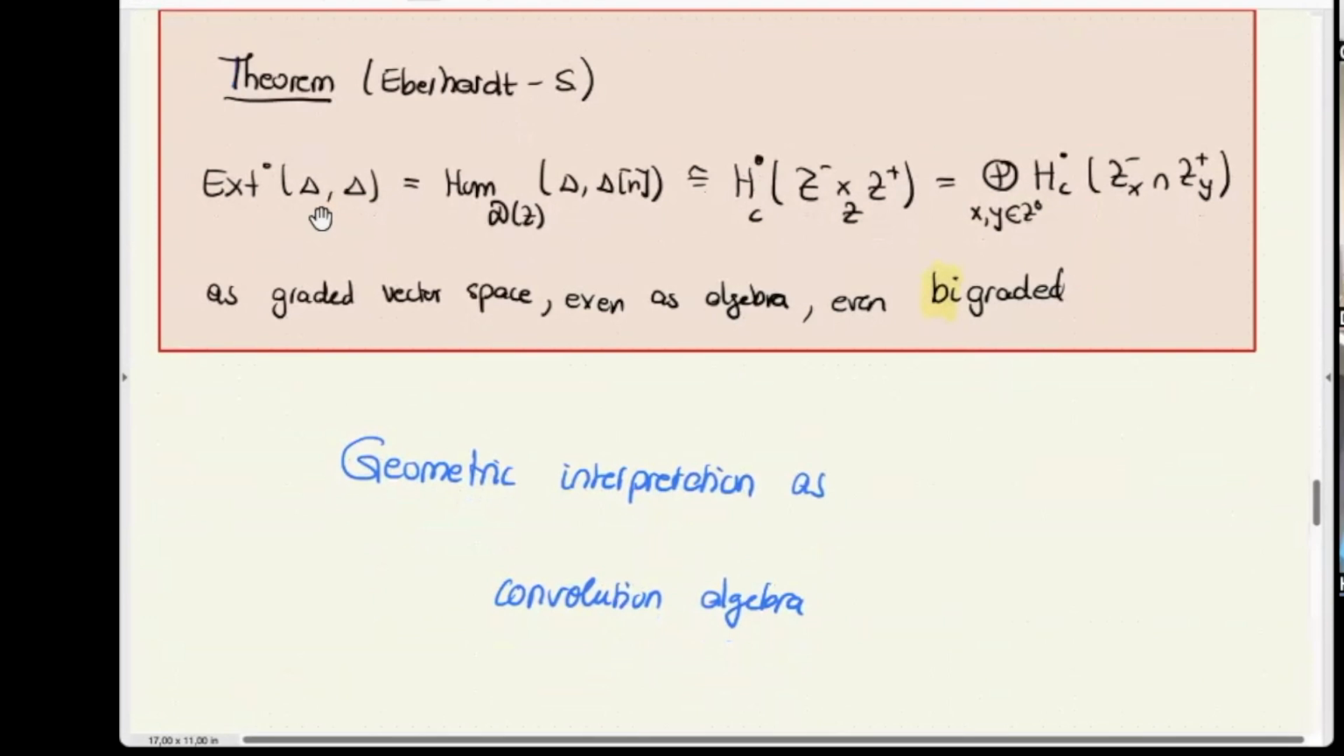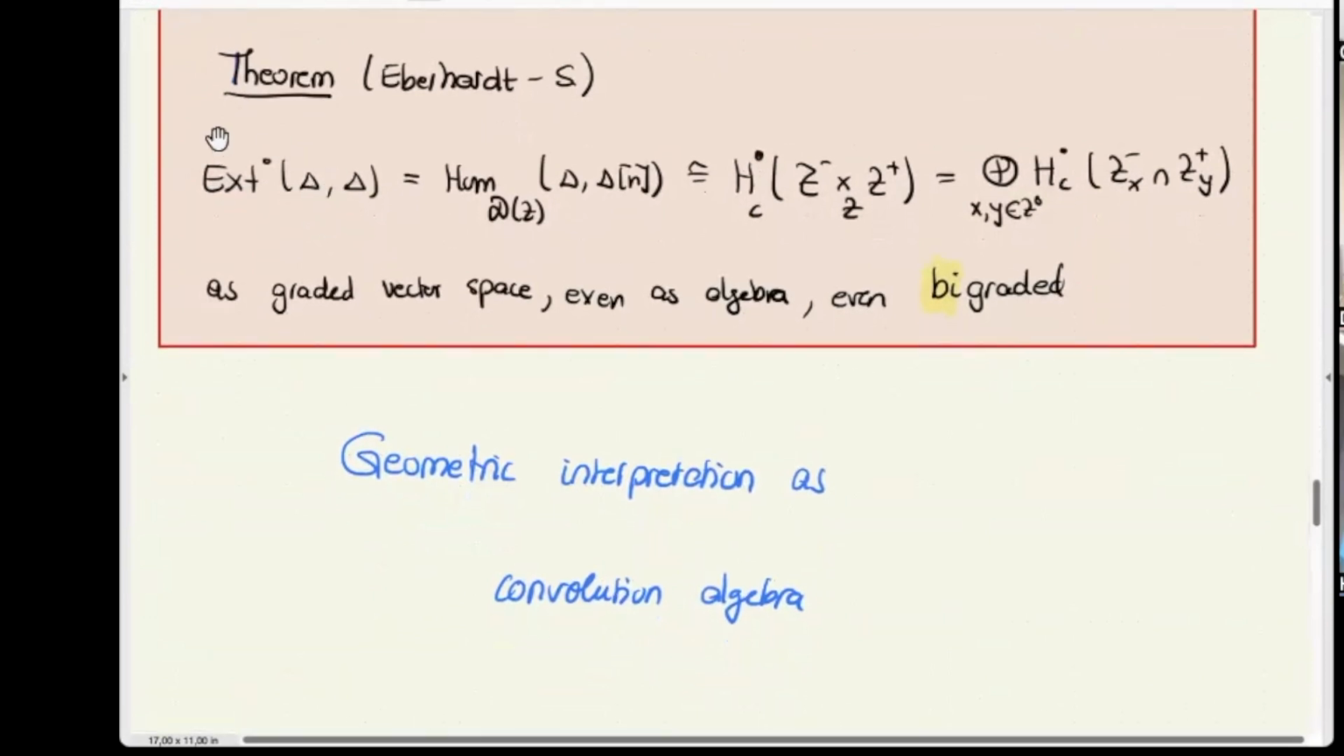And the statement is that if I want to understand this Ext algebra of all these Vermas, I can say, okay, it's some Hom in a derived category. And then the statement is it's given by the cohomology of a space. So I translate it into geometry. And this is an isomorphism as graded spaces, but also an algebra isomorphism by putting a certain convolution algebra structure